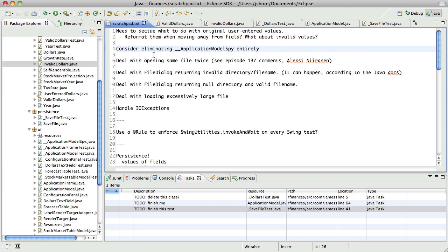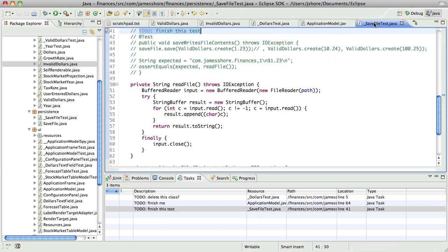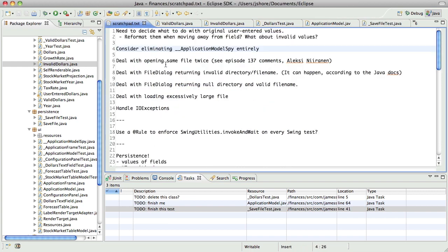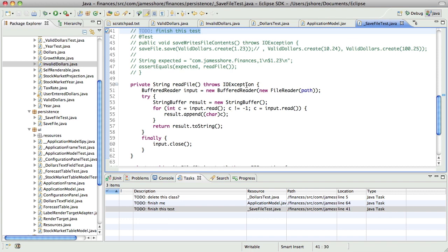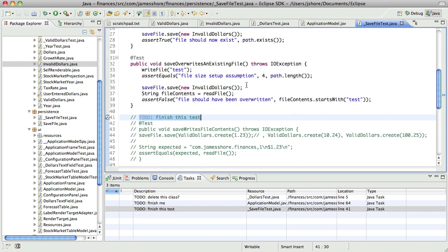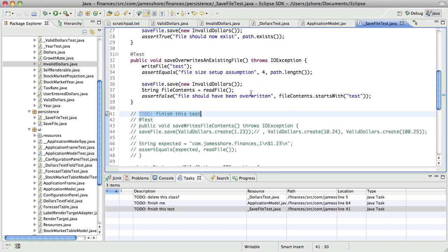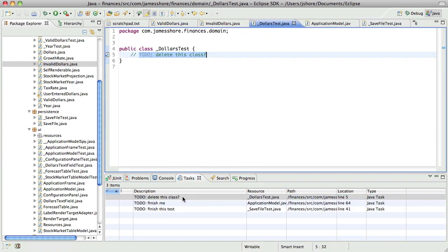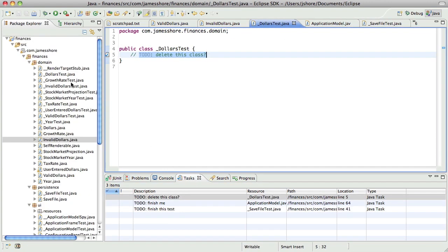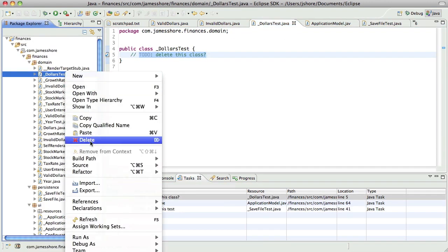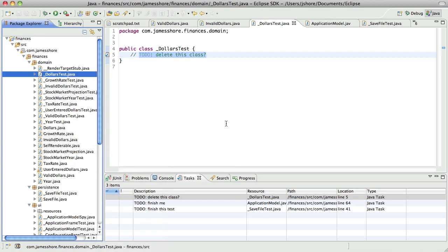And that's, anything else in Scratchpad? Nope, just saving stuff. Yeah, I think we're pretty much done. Let's go ahead and delete dollars test. We don't need it now because we've moved the